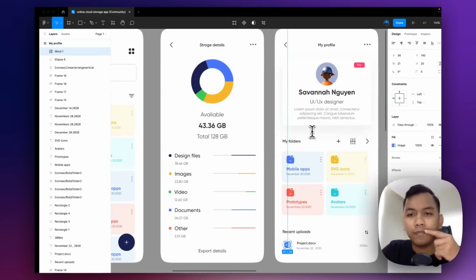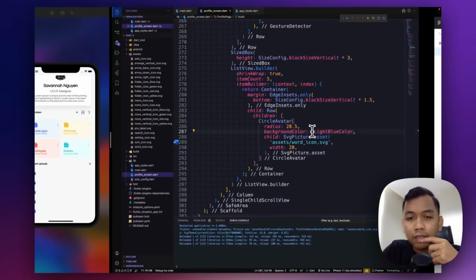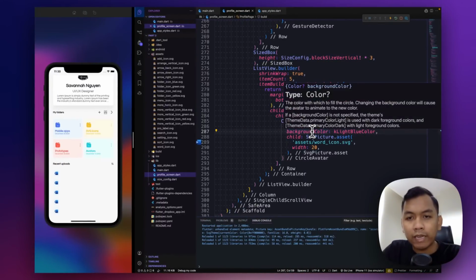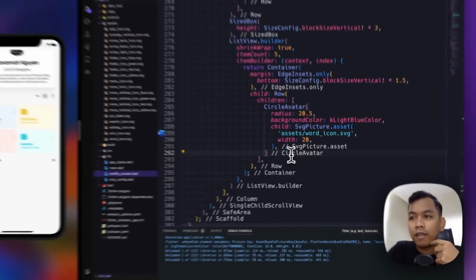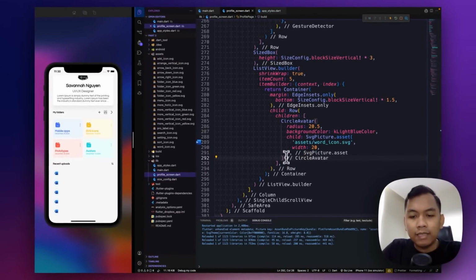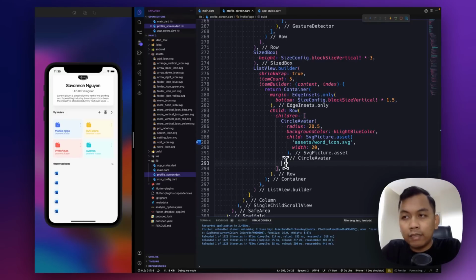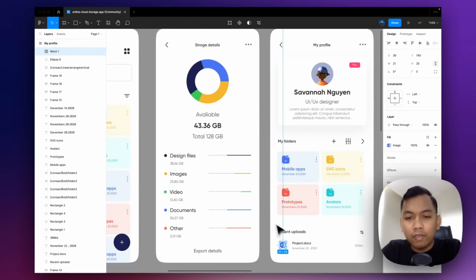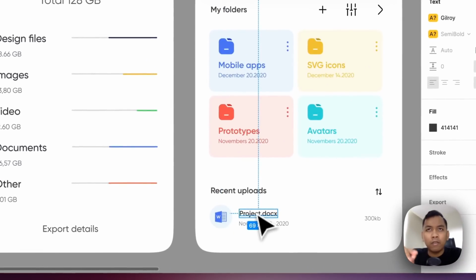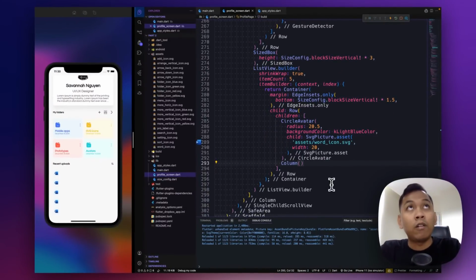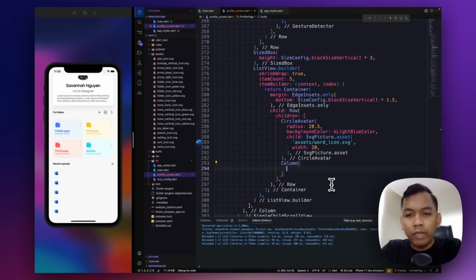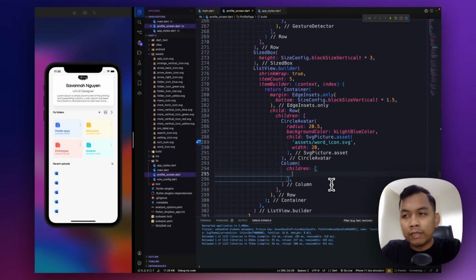And the next, we need to add a project name, which is using text widget. Okay, still inside this row widget, we will add the column widget, because you know it contains project name and also the timestamp, which is the last file open or the last file upload. So here we add column widget with the children.